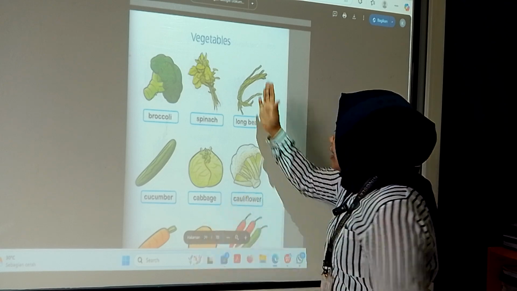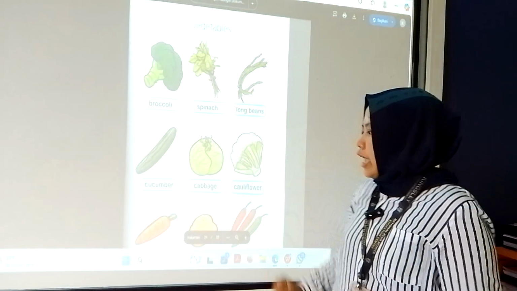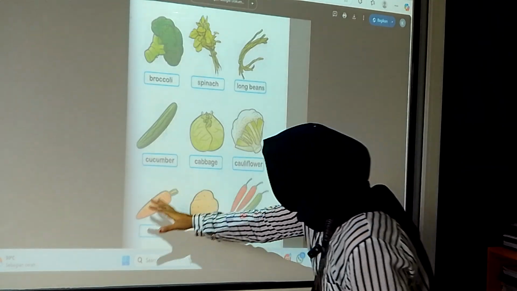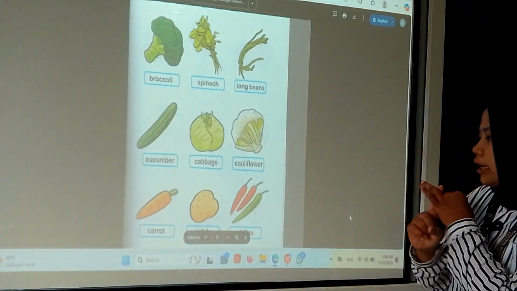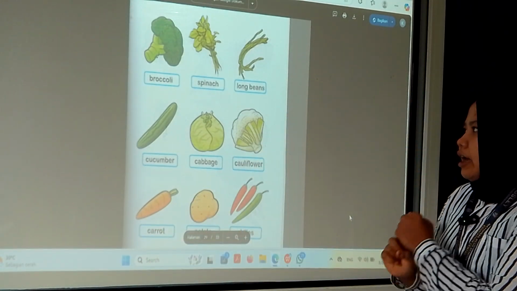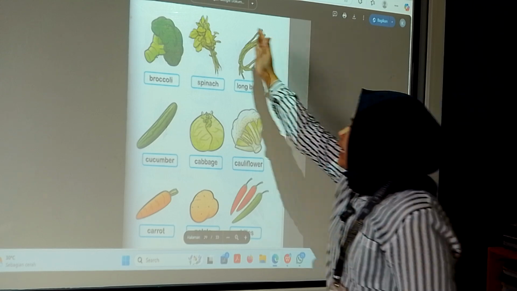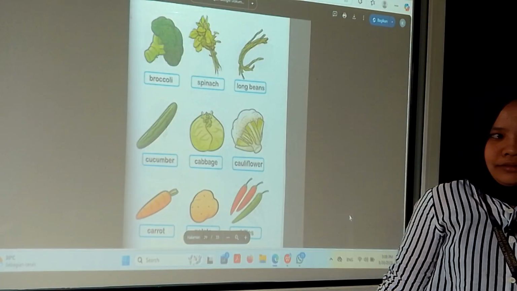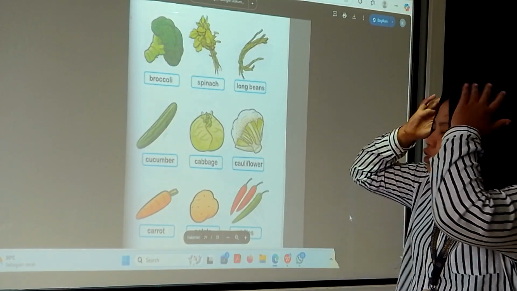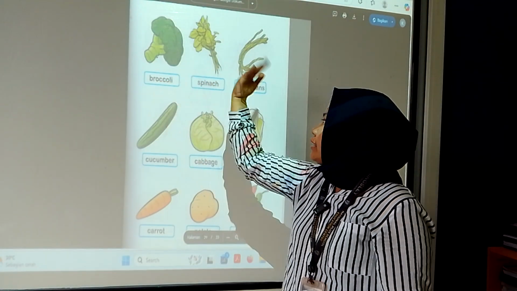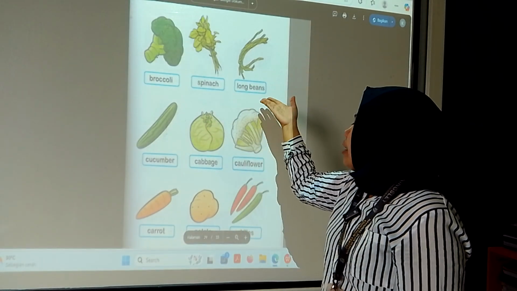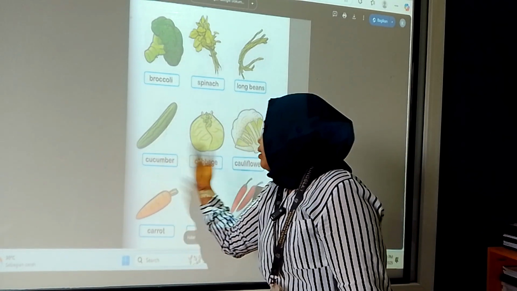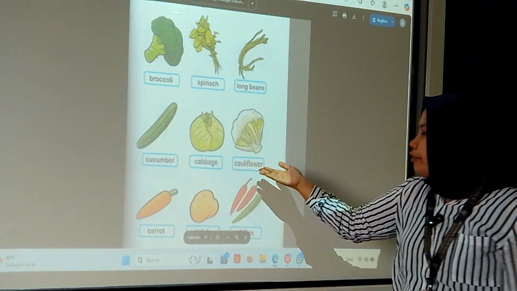There are green vegetables, and then some with colors like orange, red, brown, and others. For this, what is the color of these vegetables? Green. Please mention: broccoli, spinach, long bean, cucumber, cabbage, cauliflower.